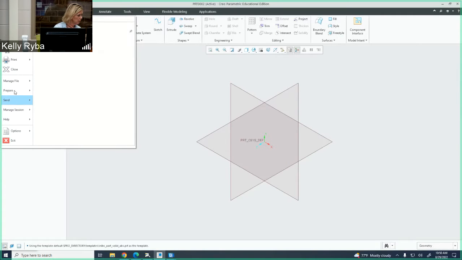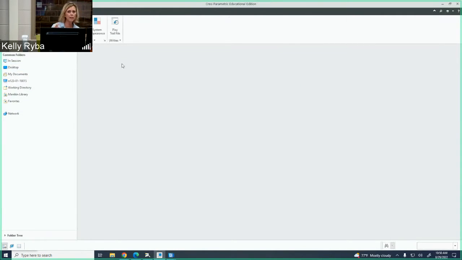So I'm gonna go and I'm gonna close this. By closing out of an option here, it holds my working directory. I don't have to reassign my working directory. So if you're working in a session of Creo and you set up your working directory and you've got your options all set for you and you like it, then when you're done with a model or with a sketch, for instance, and you've filed it away and you're all set, instead of going back out completely of Creo and then re-going into the session,